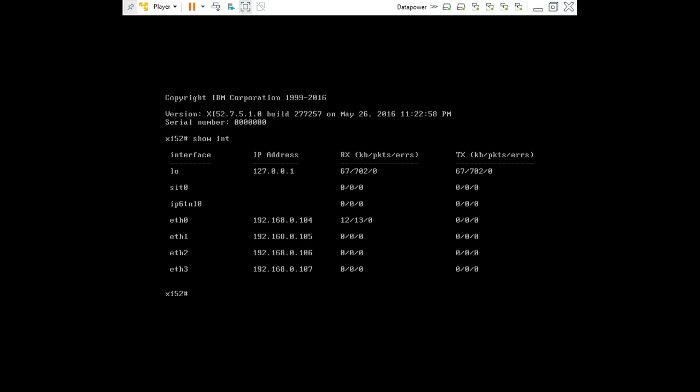Presently I have configured Ethernet 0 as the primary. This IP address I am going to take, 192.168.0.104, and by default while installing I have given the port number as 9090.